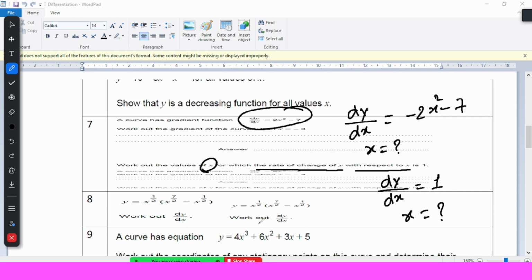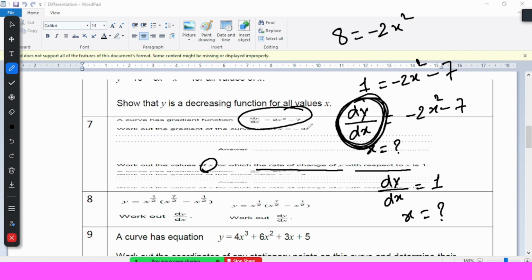Just substitute. We have to put the value here. Dy upon dx is equal to 1. So just put 1 is equal to minus 2x square minus 7. Please tell me the answer quickly. Plus minus 2. See, 8 is equal to